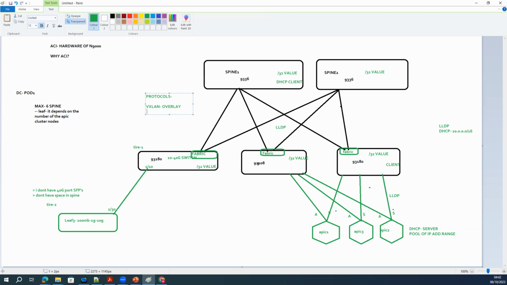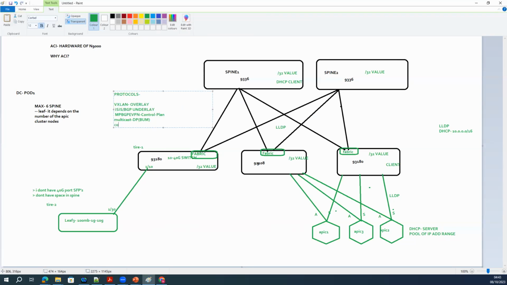Then it runs IS-IS and BGP for underlay, as well as MP-BGP EVPN for the control plane, and it also uses multicast for data plane BUM traffic, broadcast, unknown unicast, multi-destination traffic. These are the protocols which will be running by default between the leaf and spine.